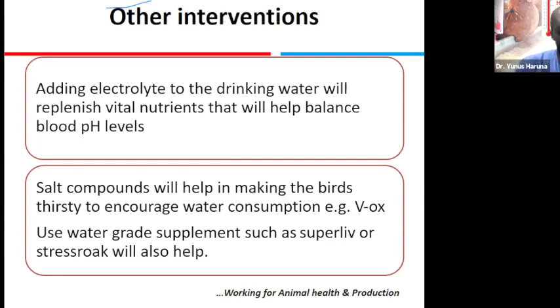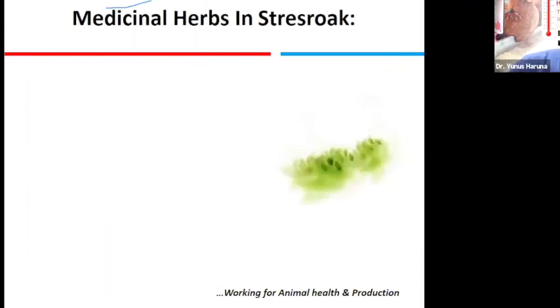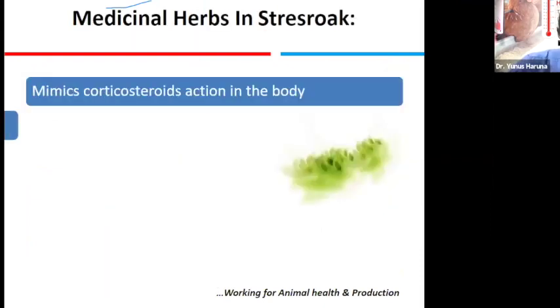Then you can also use the water grade of the super leaf, the liver tonic in water, and also you can use stress root, which is a very, very potent anti-stress, which helps to combat the stress. It's a herbal product, very, very natural product that helps to make the birds very, very comfortable during the heat stress. So there are a lot of herbs in